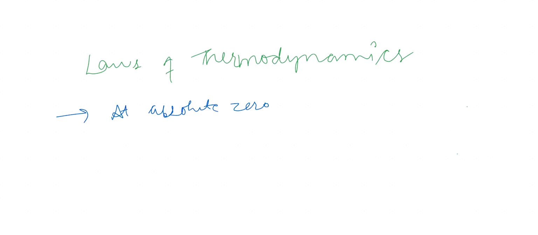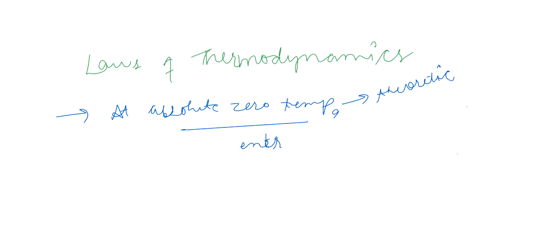It is the theoretical limit of cold. It cannot be possible, it is only theoretical. So it states that at absolute zero temperature, the entropy of a system is 0, but practically it is not possible. But if someone asks you to define the laws, then you have to say this. Okay,